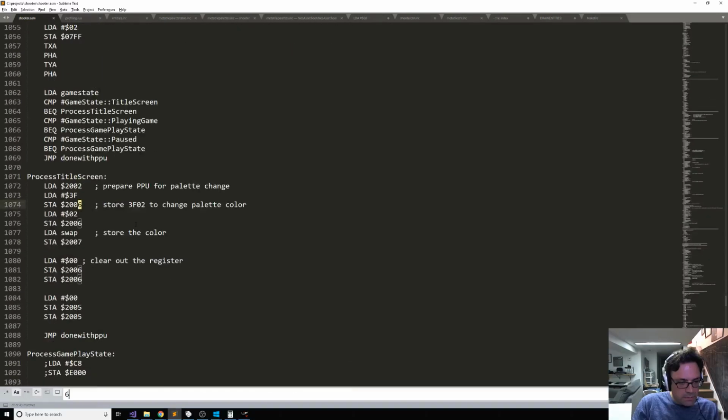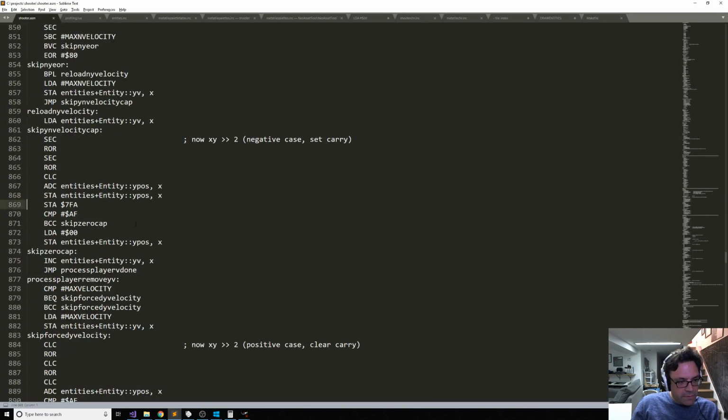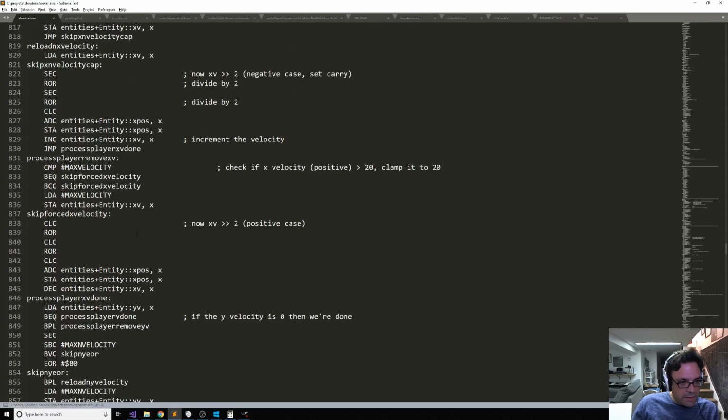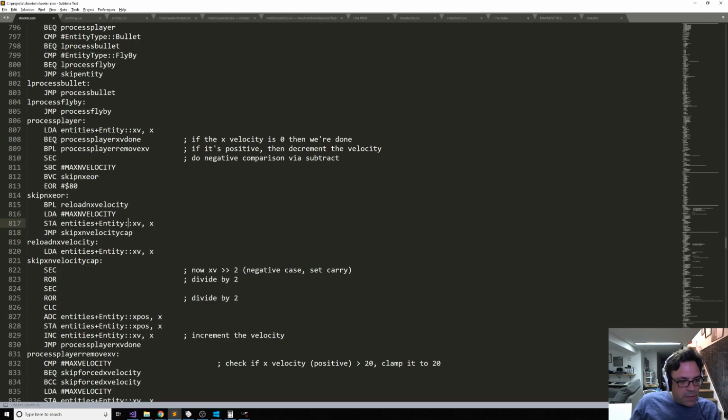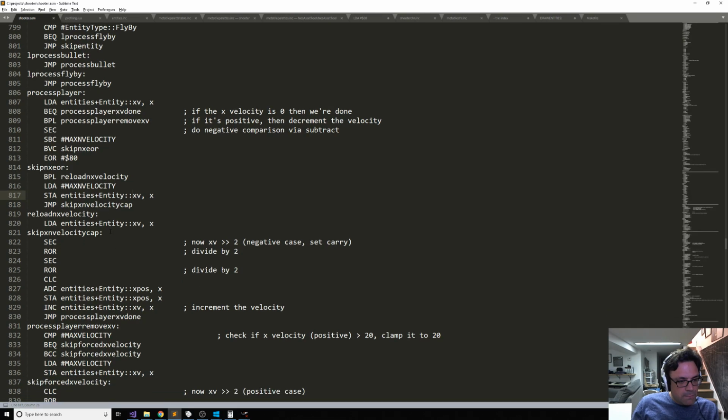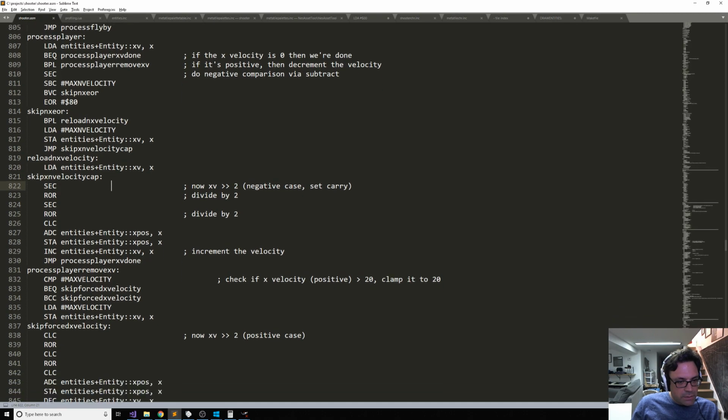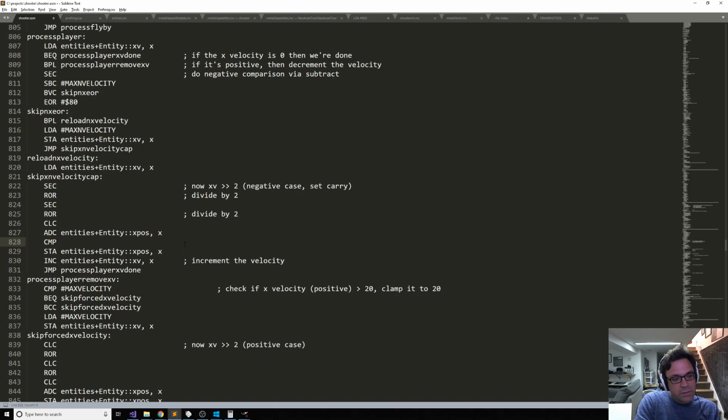Oh, hold on a second. 7FA. Sorry, I just want to get rid of this breakpoint that we were doing. So we've capped the value, and now we're going to take the negative and we're going to add it to the X position. That's going to move us to the left on the screen. And then what we need to do is we need to say, okay, compare that to